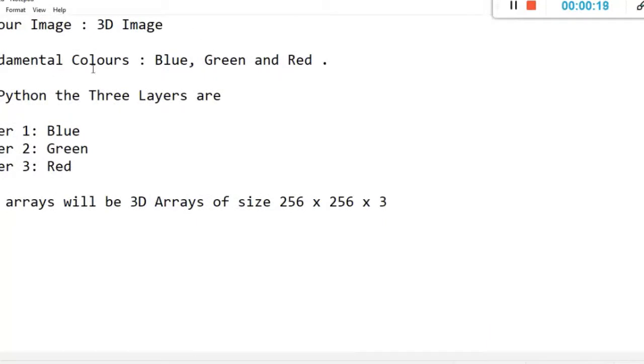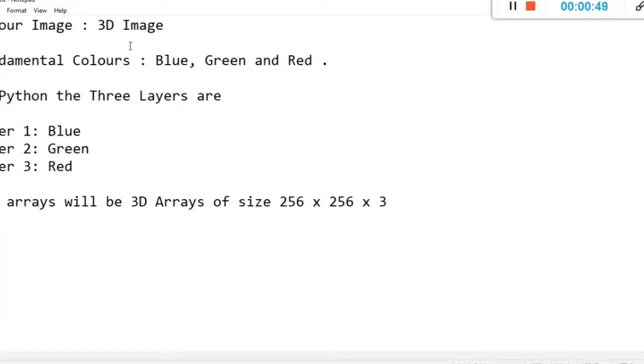So the first and important thing to understand is that a color image is a 3D image. That is, as we have seen for a 2D image, it has only X and Y directions, wherein both the directions represent the number of pixels in X direction and the number of pixels in Y direction. So in a color image, we have totally three dimensions. That is, you have X and Y, and then you have Z. That is, you have layers of such things over one another. So you'll get an idea when I start explaining about that. For now, just understand that a color image is a 3D image.